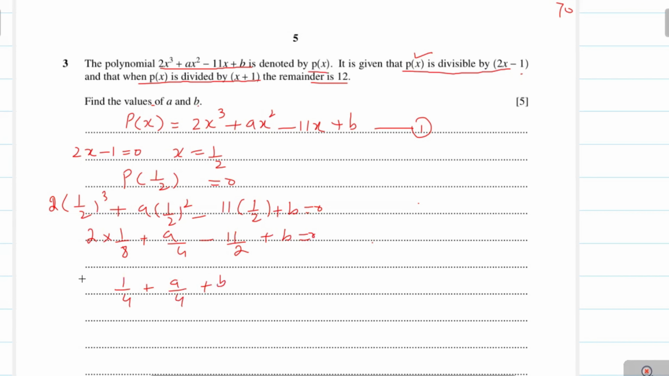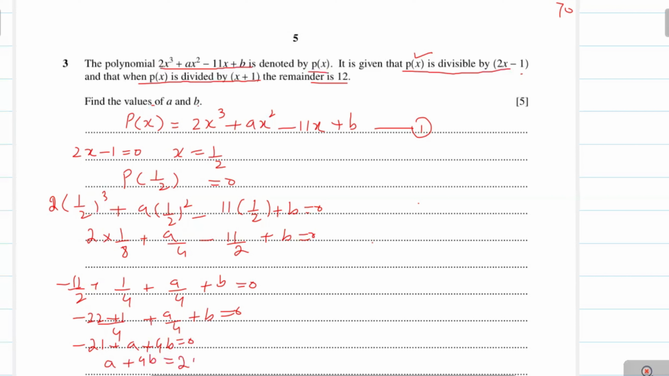We write minus 11 over 2 here equal to 0, and this value will be equal to minus 22 plus 1 over 4 plus a over 4 plus b equal to 0. Multiply by 4, we get minus 21 plus a plus 4b equal to 0, and therefore a plus 4b equal